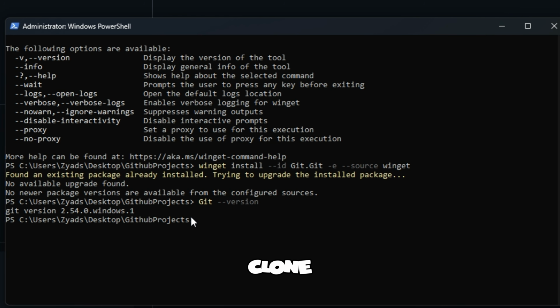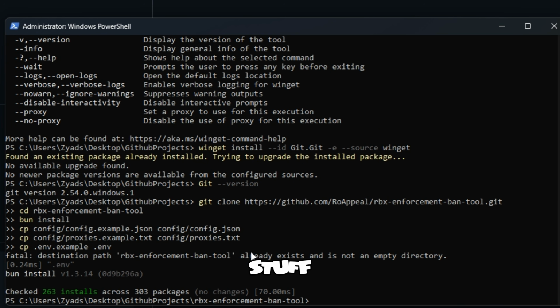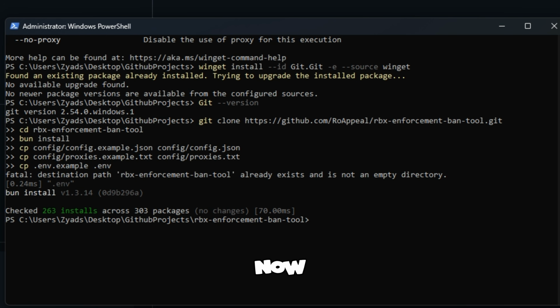Now we're going to clone all of this stuff. We're going to get Git, clone, whatever. And we're going to paste all of this stuff, and it's going to install it. Done. All right, now that it's done, you're going to write